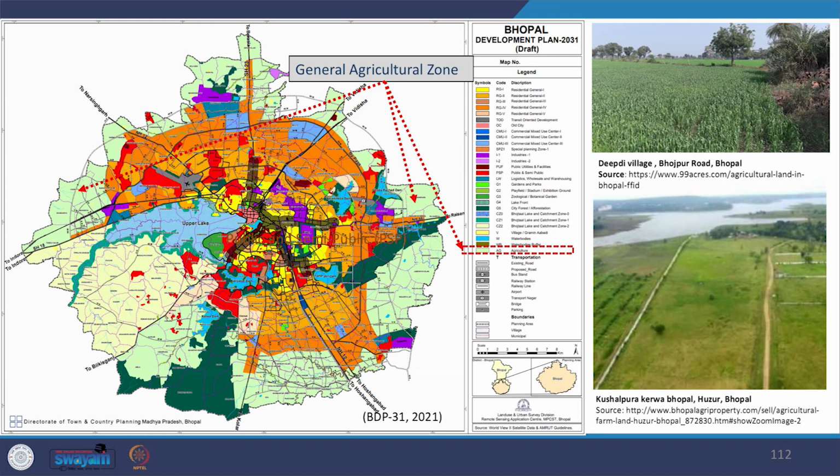Further, we also see that there is general agriculture zone. This zone identifies the primary agriculture areas with supporting activities in the peri-urban areas of Bhopal planning area. So you can see all around the periphery. We further see how entire ecology has been addressed through the use zoning here again. So we see how the water, the green, everything has been addressed here through zoning.